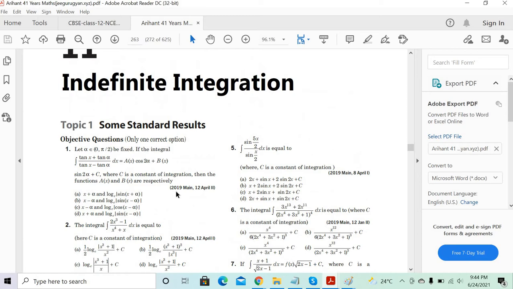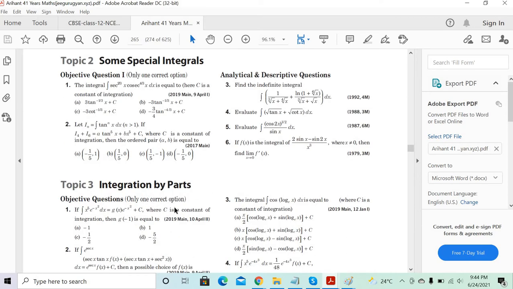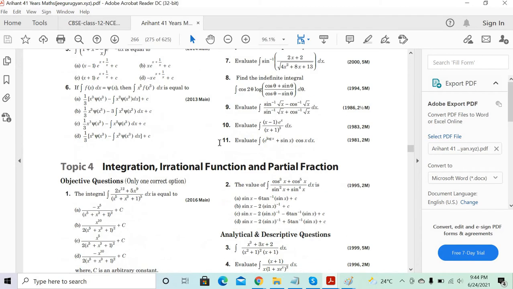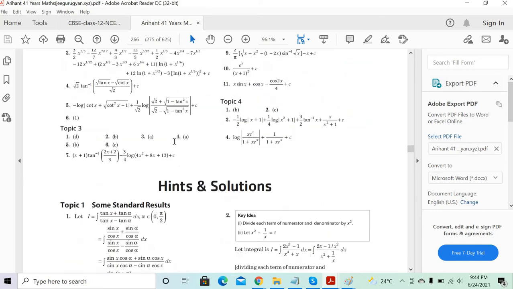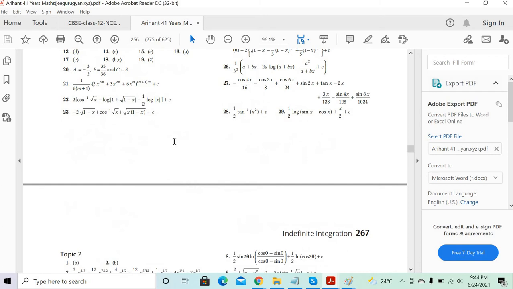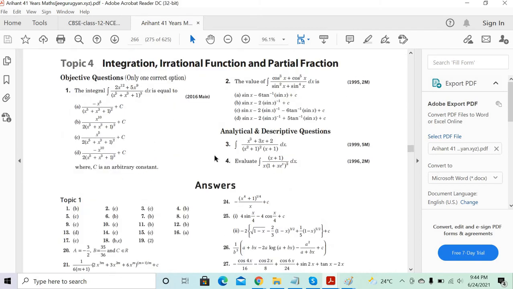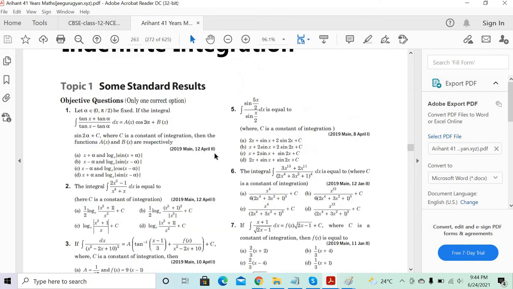So once you do from here, I think how many questions will be there, Vijay, for you? And these 23 questions, alphabet, some special integration. Here, if you can do the special integration, integration by parts, you have already done it. It's pretty good because they have categorized into different forms, which will work on partial fractions. So totally, how many questions? Around 60 questions, I think. Objective questions are also here, analytical. It'll be really good.